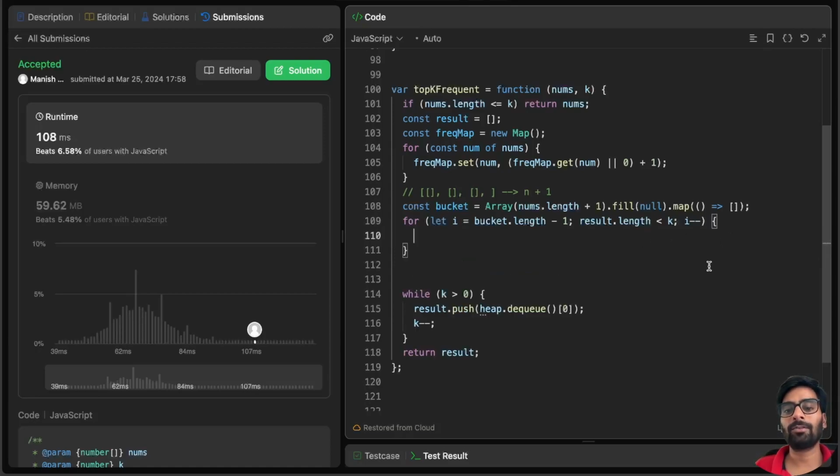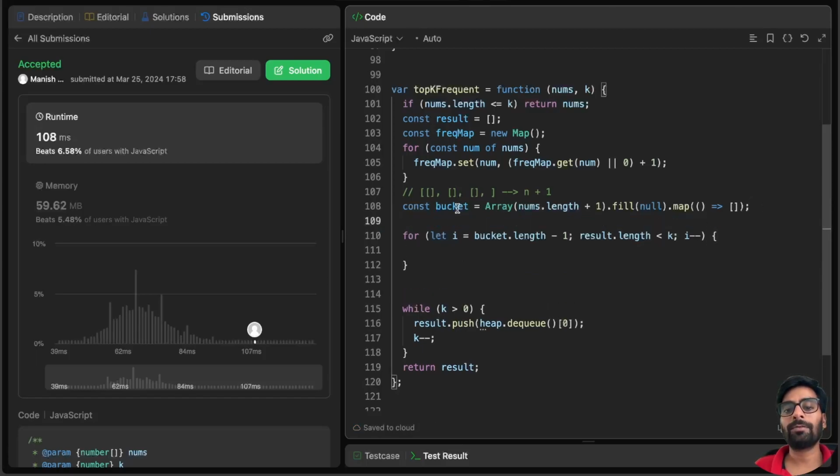So we are reading values in the backward direction, because we know the last bucket has all those numbers which have frequency n. So first I am going to take that most frequent value, and that's why I'm reading backward. Now, what is the next thing? We need to get the values out of it. For taking values out of the bucket, we know that each bucket is again an array,